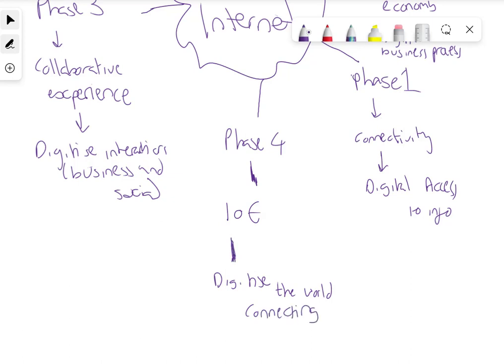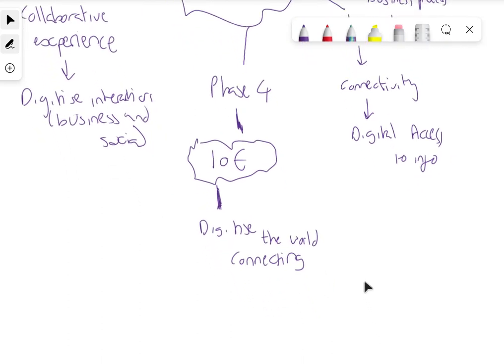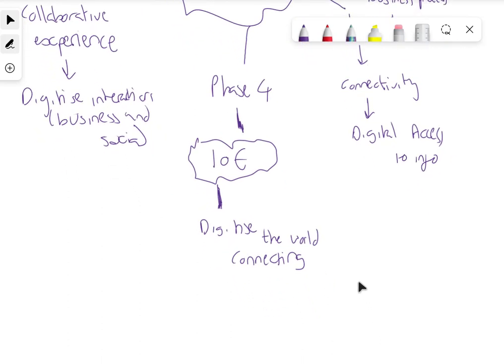So the Internet of Everything is what we're looking at the most. This is how it brings all technology together. But it brings it together with,